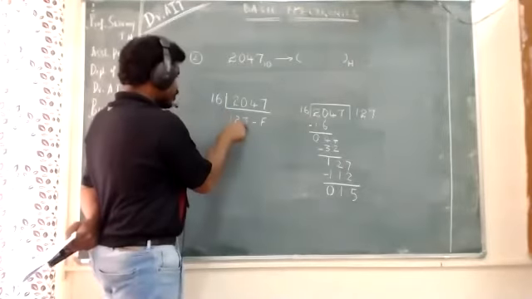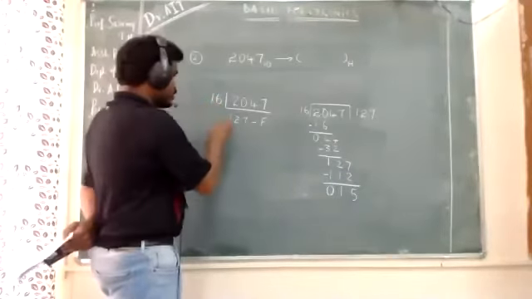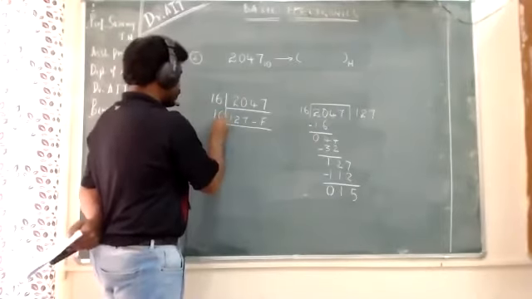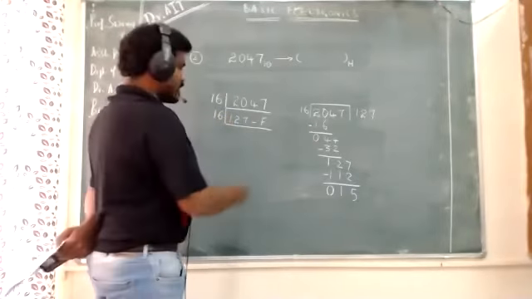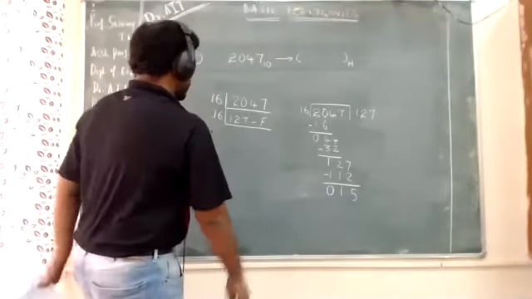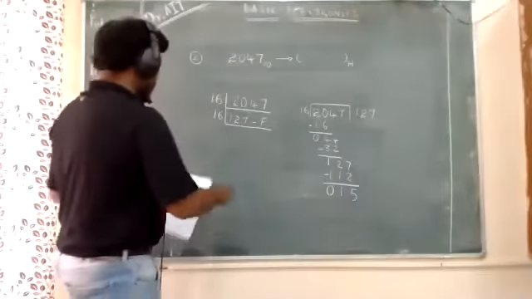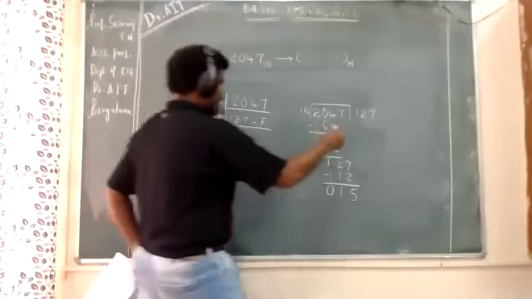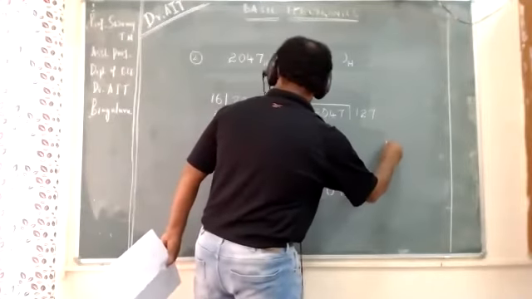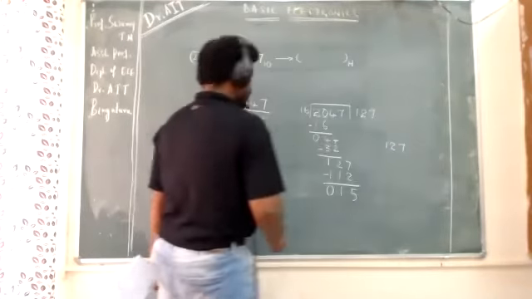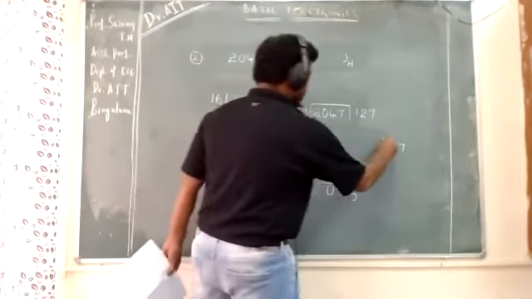Then this 127 is greater than 16, so I have to divide this by 16 once again. Now, what is the answer? What is the quotient and what is the remainder? Okay, you can do it by yourself since I have solved it. Well, it doesn't matter, we will do it. Some people might find it difficult to do this. So I have to divide this 127 by 16.